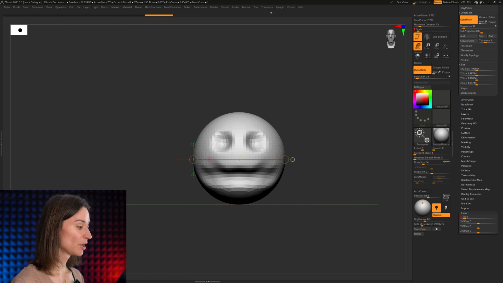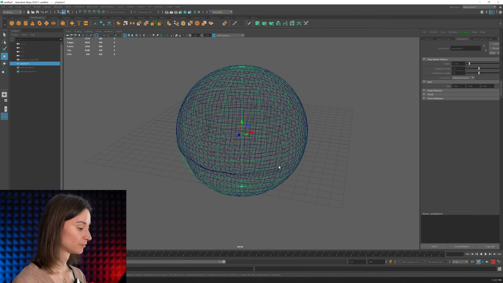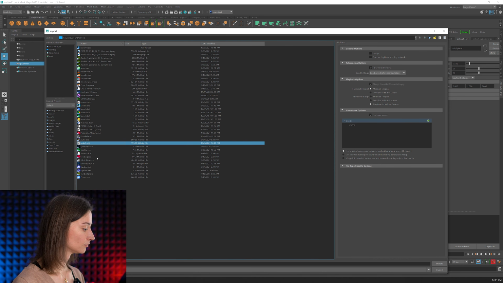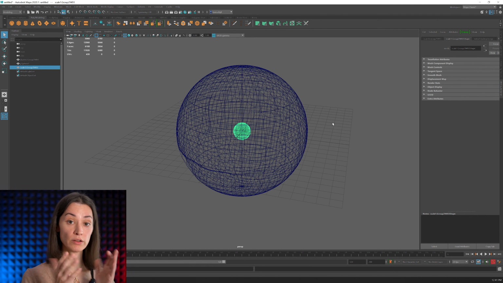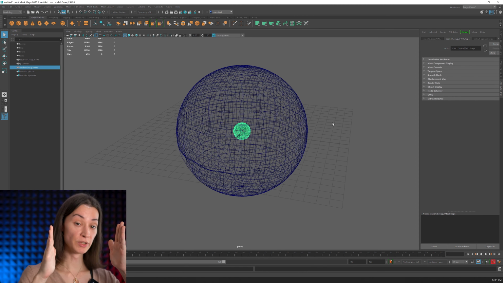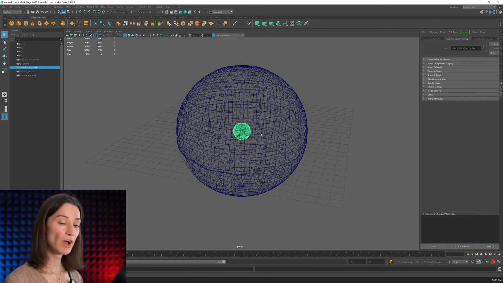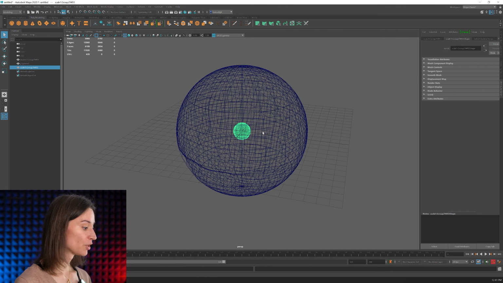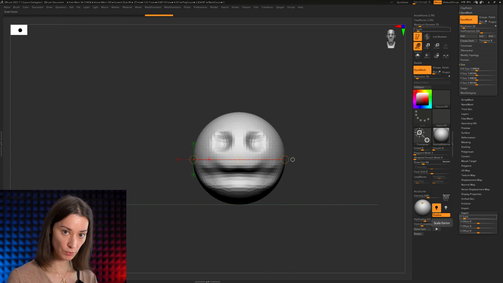But if I set this back to 1 and I export it again, just for the sake of it, we'll call it scale 1. Go back in here, import. And there you go. Our smiley is now 1 unit wide, or actually that would be 2 because it's a radius in this particular case, but we're back at our default value of 2 for the scale there. But we can modify this particular scale value to whichever size we want,